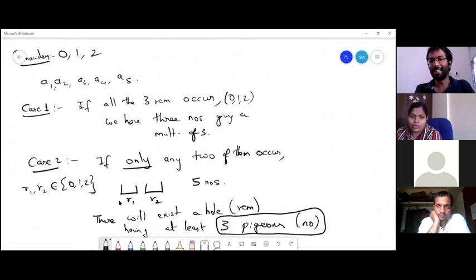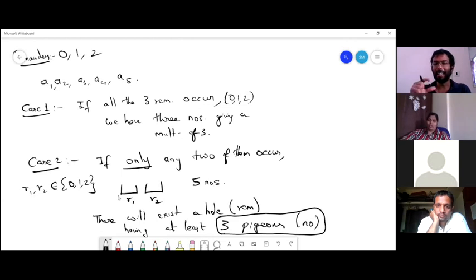And so this is called a generalized pigeonhole principle. In the general pigeonhole principle, we'll have n pigeonholes and n plus 1 pigeons. So here it is not n and n plus 1, but we see that at least one hole will have this many pigeons. We can make a statement like that. This is known as the generalized pigeonhole principle. Probably we can say that we have n holes and k pigeons, where k is greater than n.